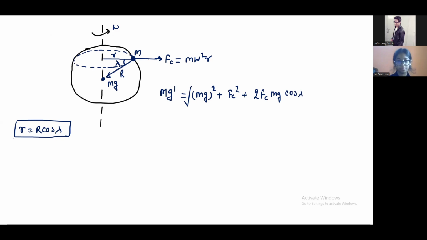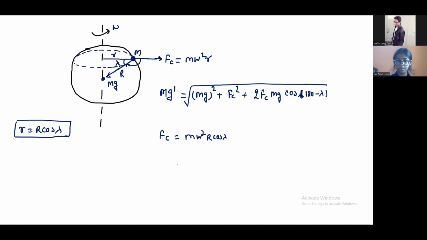Here the angle between mg and Fc is 180 minus lambda. When we are solving and putting the value of Fc equal to m omega square R cos lambda,